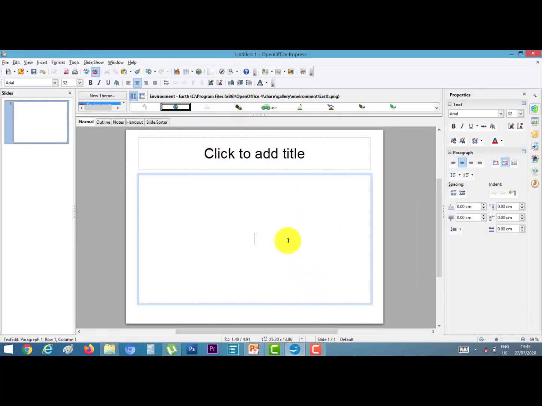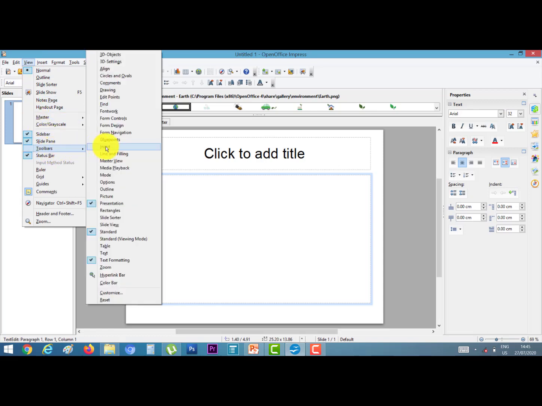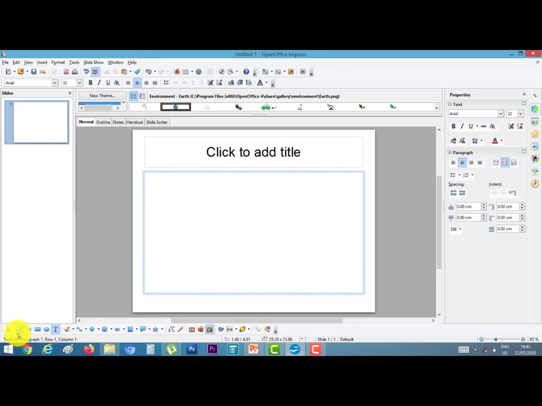Open your OpenOffice Impress. Click on the View menu. Go to Toolbars and click on Drawing toolbar. Now here are some drawing tools like stars, callouts, arrows.